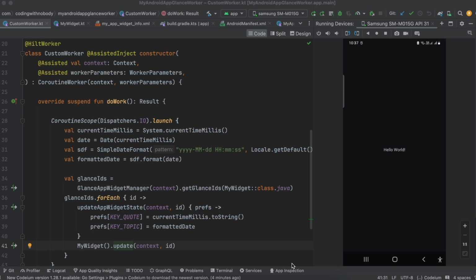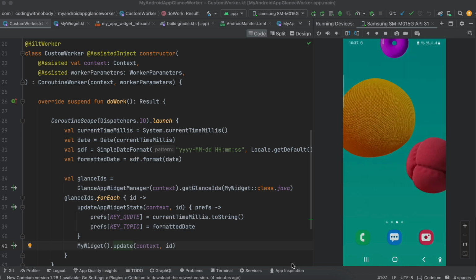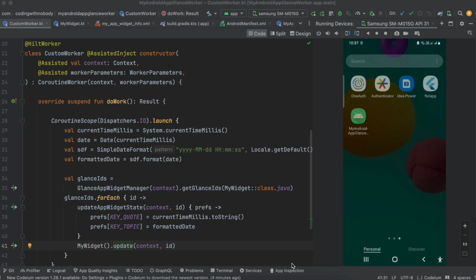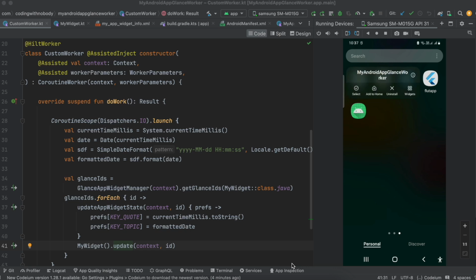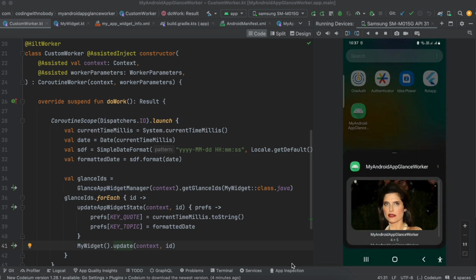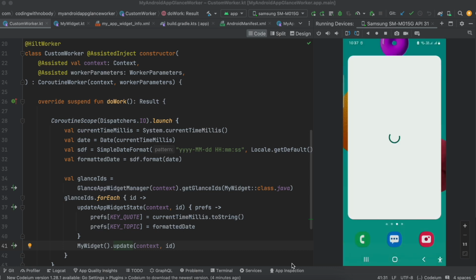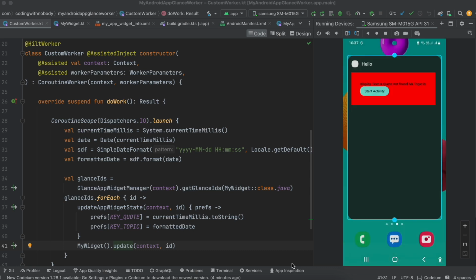I don't have anything inside my app, but I have created one widget. So what I will do is I will just long press on this app icon and it shows me the widgets option. I'll click on this particular widgets. Now this is the preview image for my widget. You can change it to whatever you feel like, and here I will just click on add, and here you can see that for now the display text is quote not found, but instead of quote not found I am